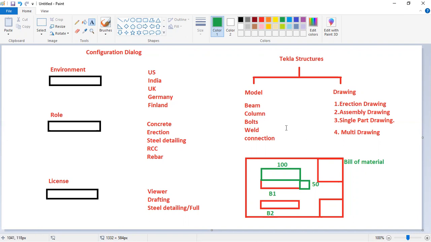So this is what the Tekla interface looks like. Two different interfaces are there. There is nothing outside this. You will find only these two interfaces, model and drawing. Okay, and the rest are other menu items. Those we can see as we go through Tekla Structures, right?